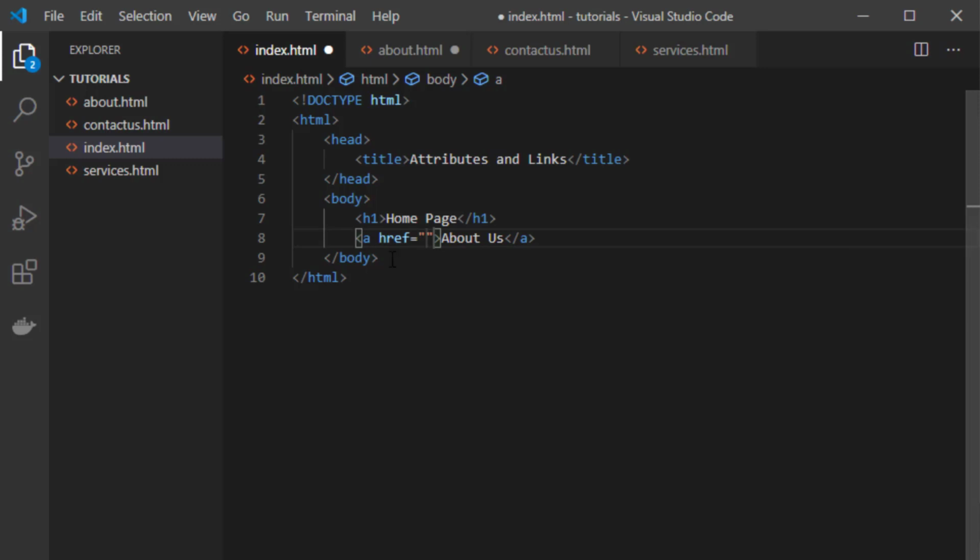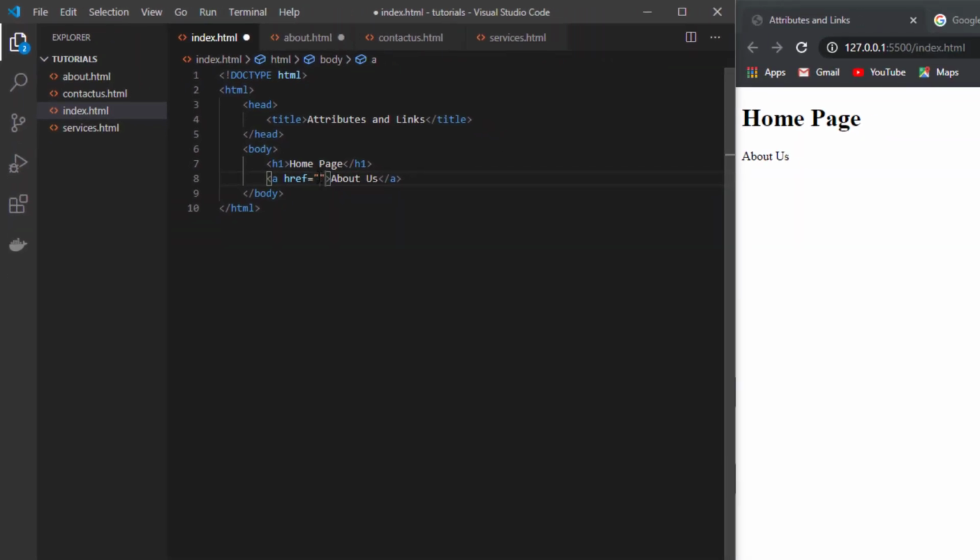So anything that comes here is the link that will be given to this word, right? So where do we want to link it? We want to open about.html. So we say about.html